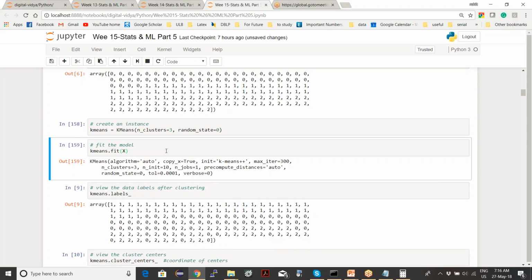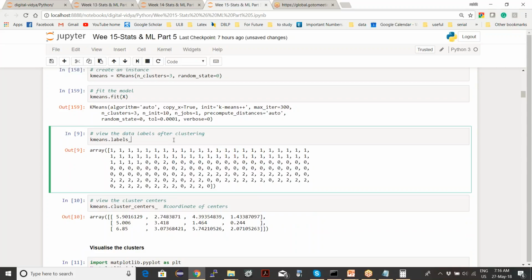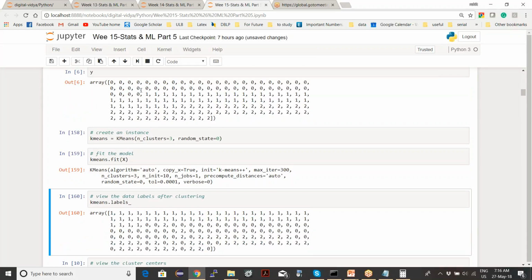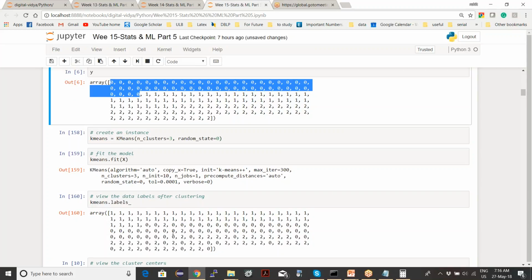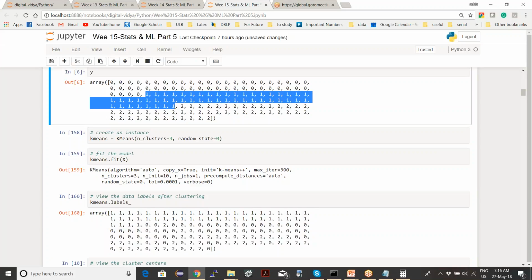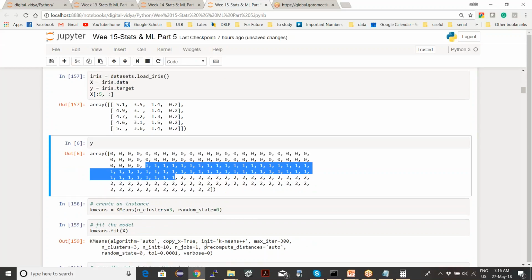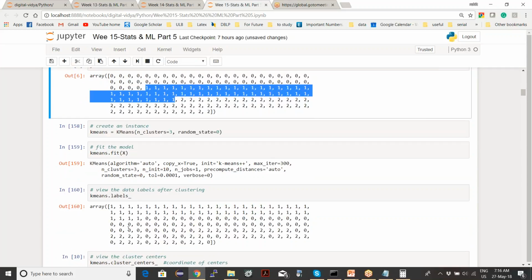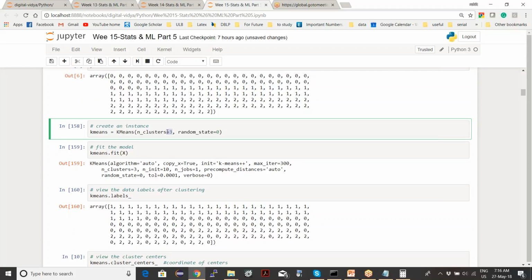You fit the input data, and then you see which clusters are assigned to each point. So it's almost similar to the previous one. It's just that instead of zeros here, it's all ones. All ones here are zeros, except a few, I guess, and then twos. So what it did is, based on this x parameter, which is your sepal length, sepal width, petal length, petal width, it clustered your data and assigned each point the cluster it belongs to. So it created 3 groups because I asked it to create 3 clusters.